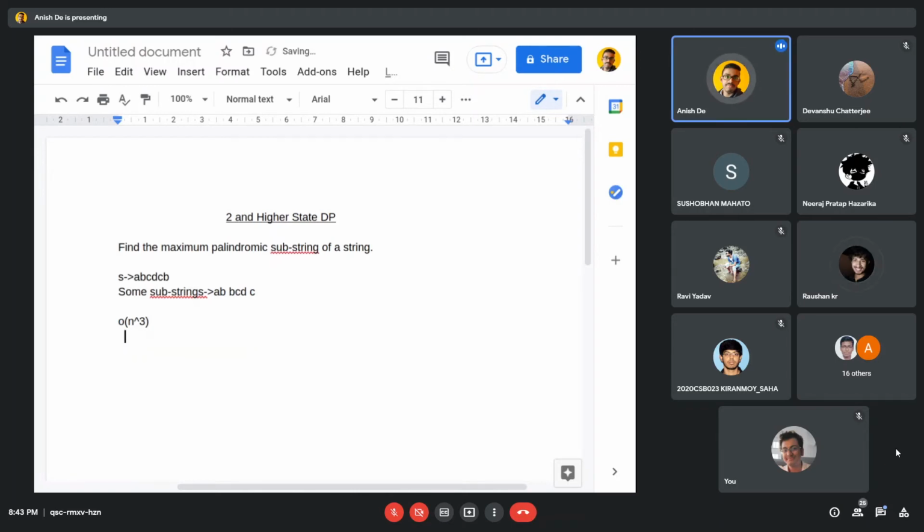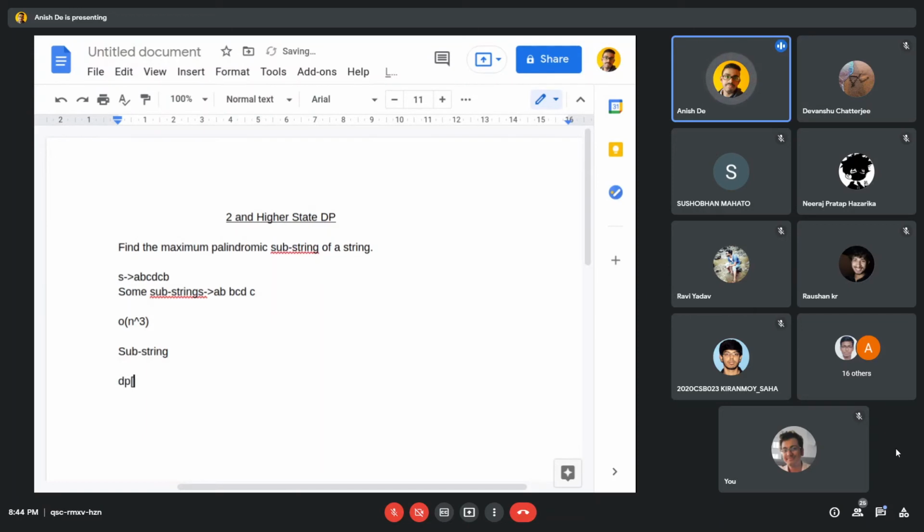We can optimize on your approach only. What I am going to say is: to define a substring, how many parameters do we need? Start and end. So for defining a substring, we need two parameters, right? So this will be a two-state DP because we will store the answer for every substring.